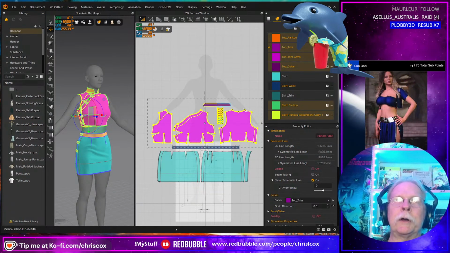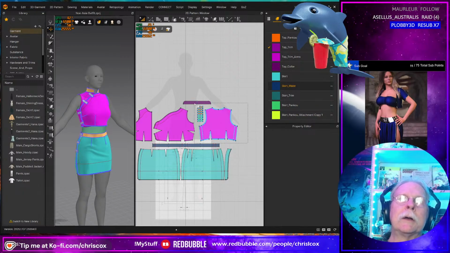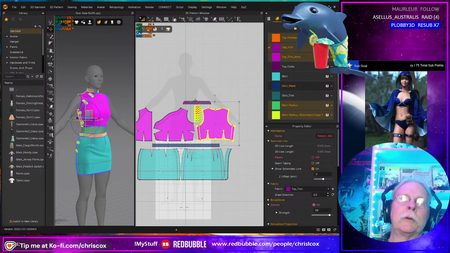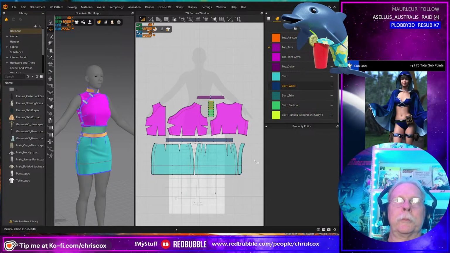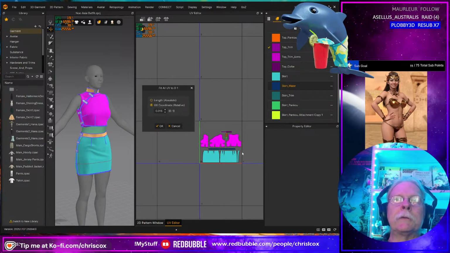This width right here is what's driving most of it. So maybe I can close this in a little over here. I think that's going to probably be as good as it gets. Let's go over to the UV editor. So we reset to the 2D arrangement, and then I fit that into there.